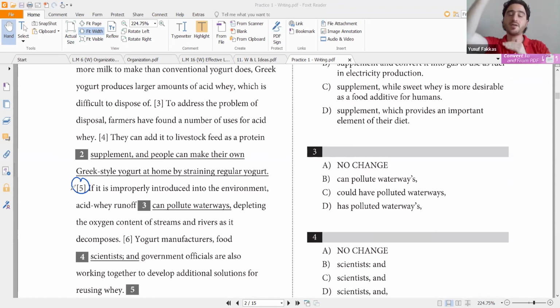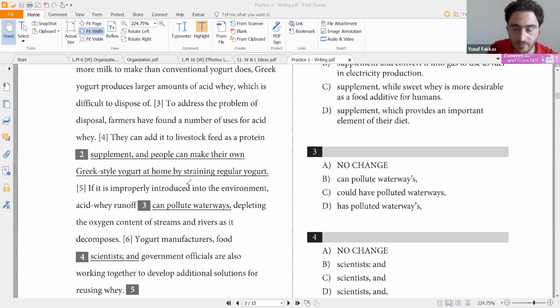Because the problem is in the first part of the paragraph and the solution is in the second part. Let's read it together. If it is improperly introduced into the environment, acid mine runoff can pollute waterways, depleting the oxygen content of streams and rivers as it decomposes. So these two words, pollute and depleting, they are telling us actually about the problem, right? They are negative, exactly. I already know that,